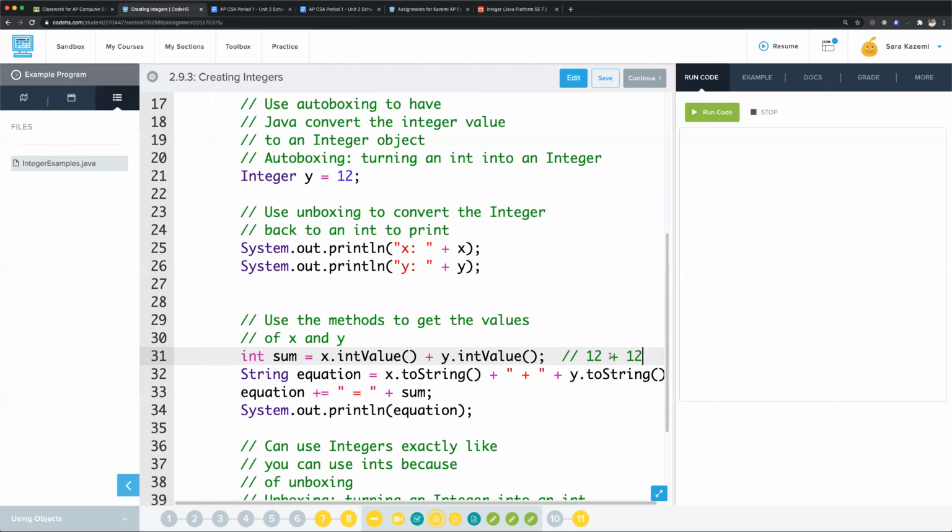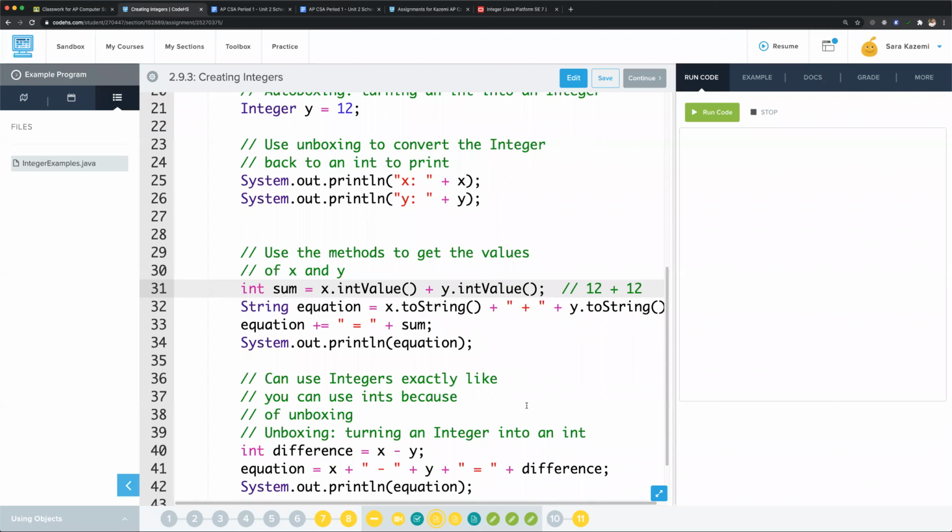So it's the same thing as getting 12 plus 12, and you're probably thinking, wow, that's really complicated for just getting 12 plus 12. They're really just doing this as an example, though. There are reasons that you might want to do this, but that's beyond the scope of the class. They just want to give examples of